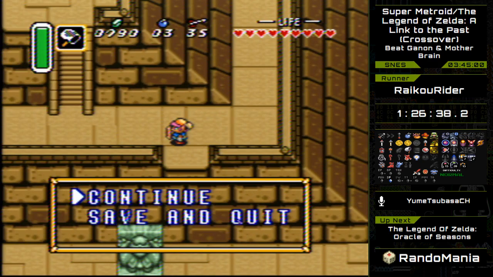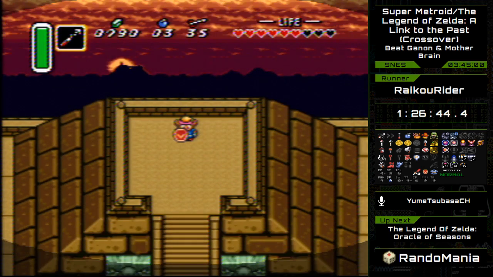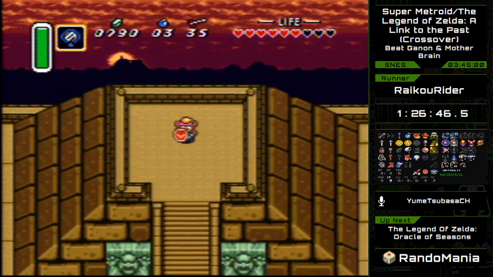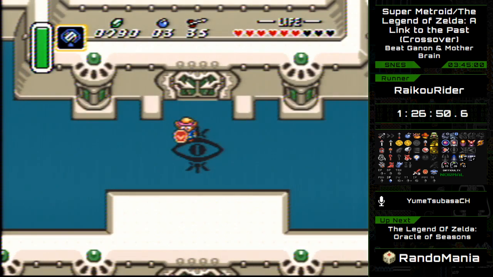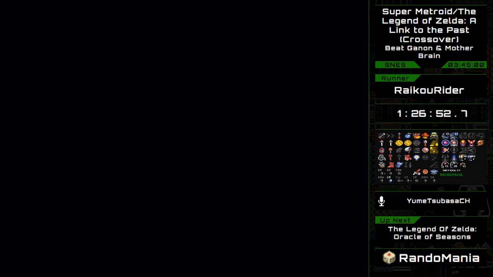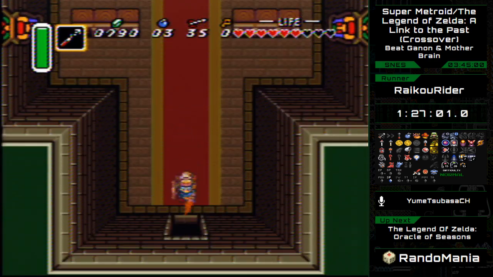Alright, just 300. Alright, let's go get plasma. I'll go get plasma, and then... Wait, you have the mirror, you dunce. Get the dunce cap. So now I'm gonna go get this plasma beam, and then...